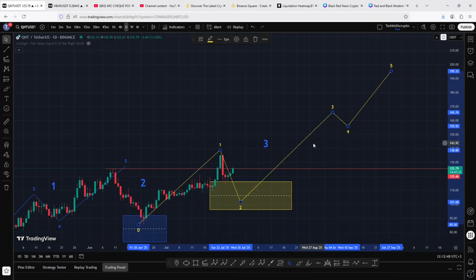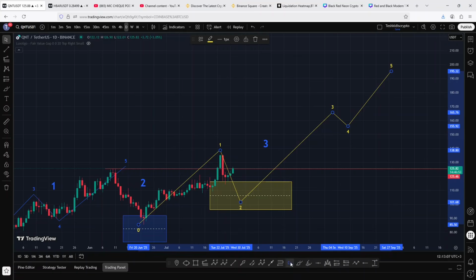And for us to get a confirmation that that is the move that is playing out, we need to see a break above this high we made in the formation of that first wave, above the 136.3 USDT mark, in the next coming hours. But if by any chance we get rejected over here and start another pullback, then I